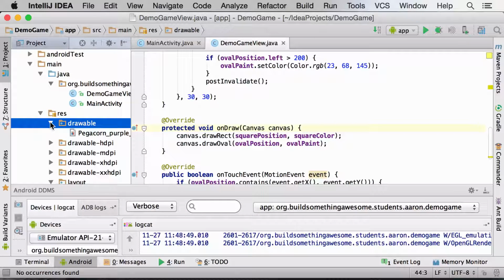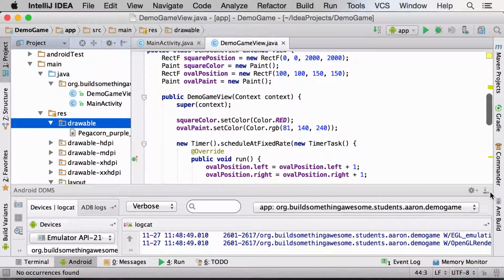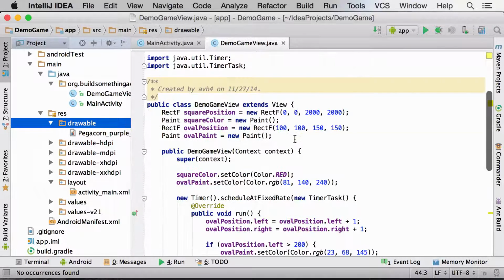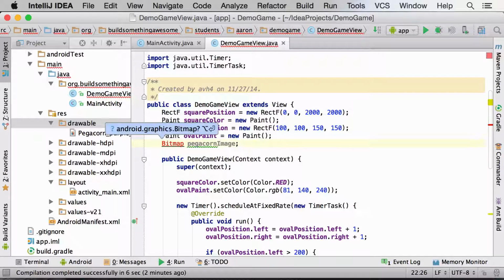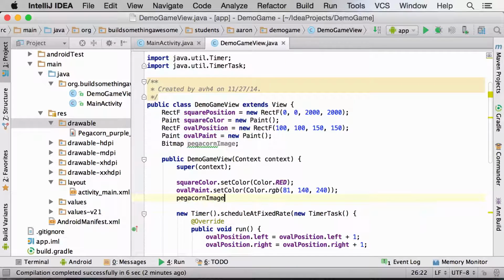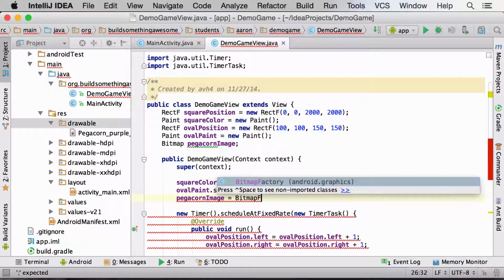So to draw an image, we need a different kind of variable called a bitmap. So we'll make it like this. Bitmap, and then the name of the variable, and then a semicolon. And Alt-Enter to import bitmap if it turns red. And then part 2 for bitmaps is in the special setup method. We'll say pegacorn image equals